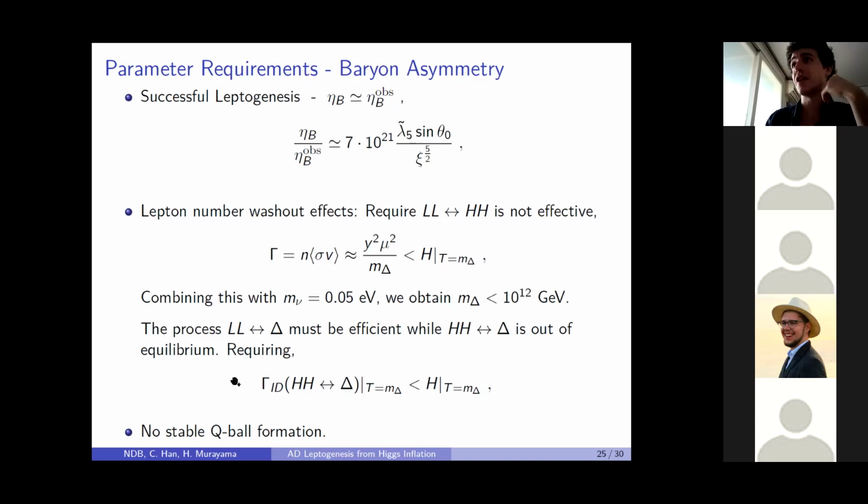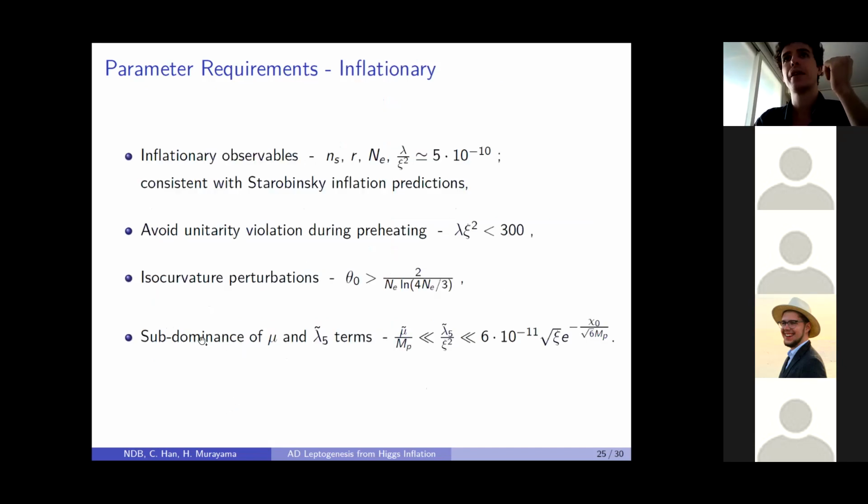One other thing to consider is a particular feature of Affleck-Dine mechanisms, which is the formation of Q-balls, and there's the potential that if they're stable, they can basically capture all your lepton number or baryon number, whatever it is, and it'll be stuck as dark matter, and you won't actually see it as an asymmetry. In our case, because of the way that we're considering the flattening of the potential with the non-minimal couplings, we don't end up having any stable Q-ball formation. So this isn't a problem for us either.